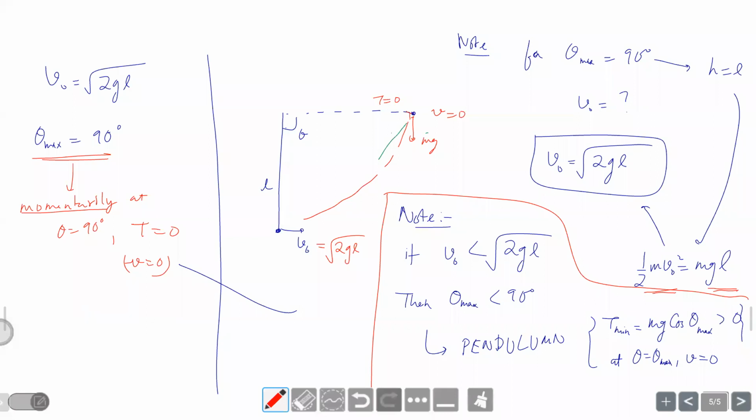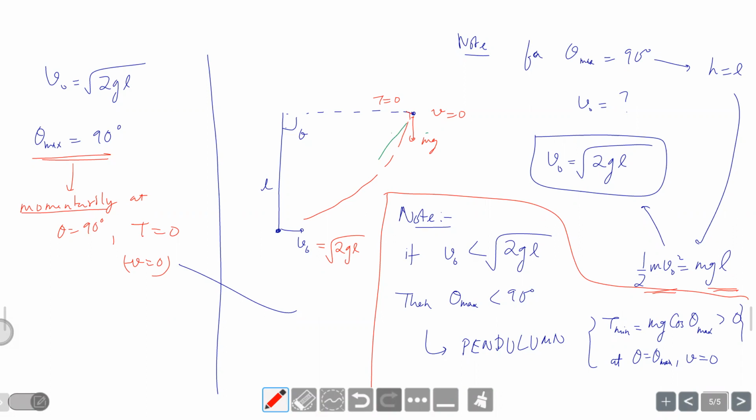Sir, if it even goes a full 360 turn, then also it will be a pendulum only, no? Technically, then we don't call it a pendulum. We call it a vertical circle. Pendulum, if you remember by definition, is a to and fro motion. It has to go from mean to positive amplitude, then back to mean, then to negative amplitude and back. Whereas visualize something completing 360 degrees in a vertical circular motion. It's a periodic motion because every time it completes the circle, it takes the same amount of time. But we can't exactly call it a to and fro oscillation.